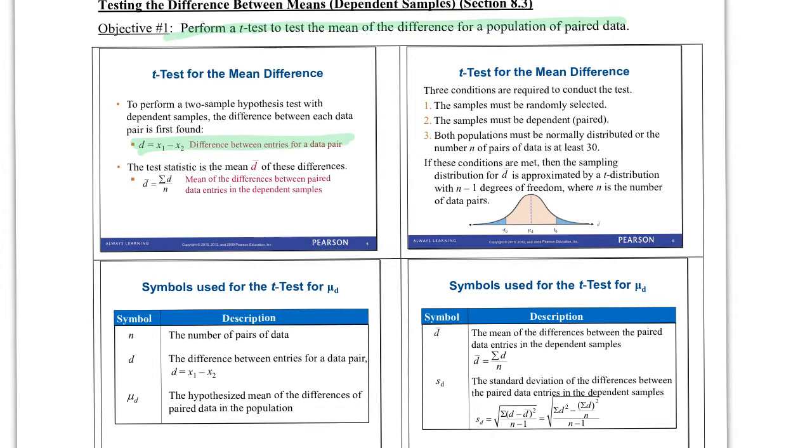Instead, when the samples are dependent, we're going to see how much the two values for each pair differ. So we're going to get those lowercase values of d for each pair, and then we're going to average those values, and we're going to use that average as an estimate of the mean difference, and we're going to see if that allows us to